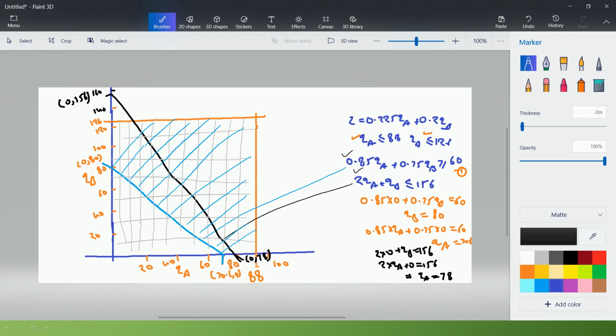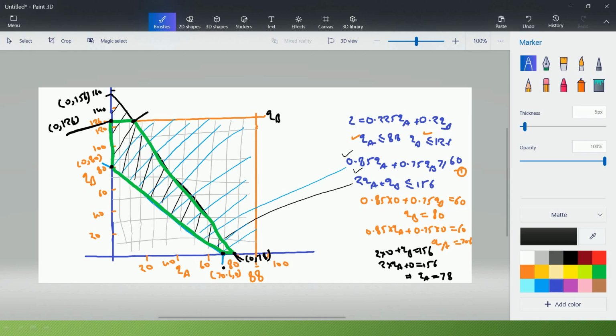So the common area is this. So we have this point on which we can have maximum profit, this point, this point, this point and this point. We already know this point, we already know this point, we already know this point. This point will be 0, 126 and this point on this line